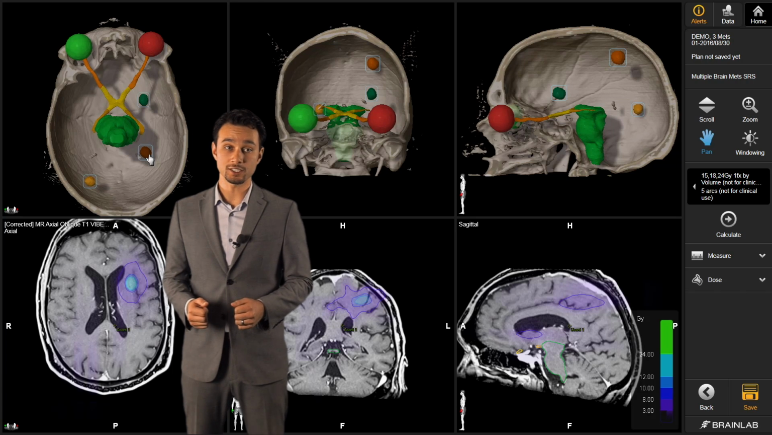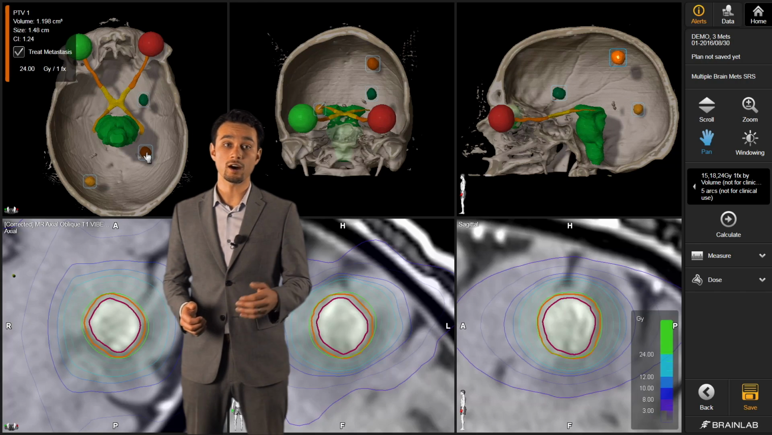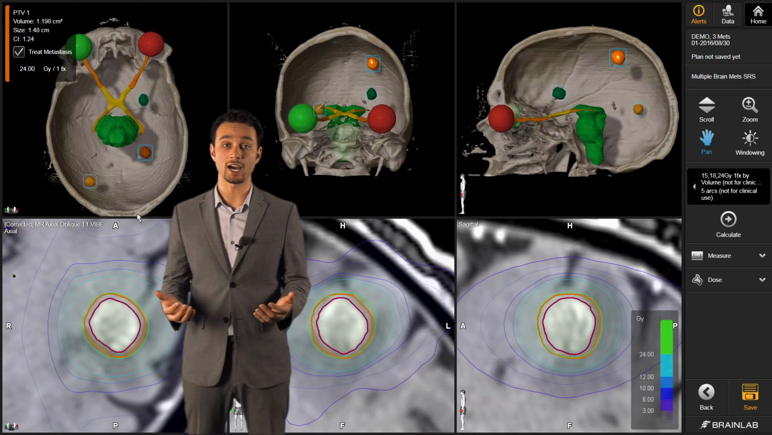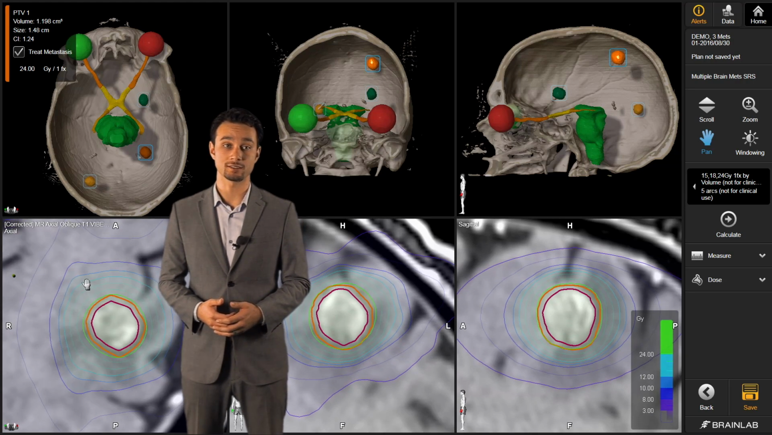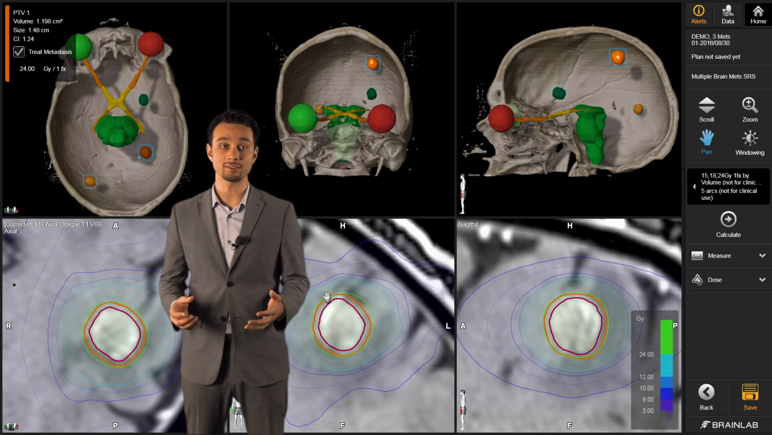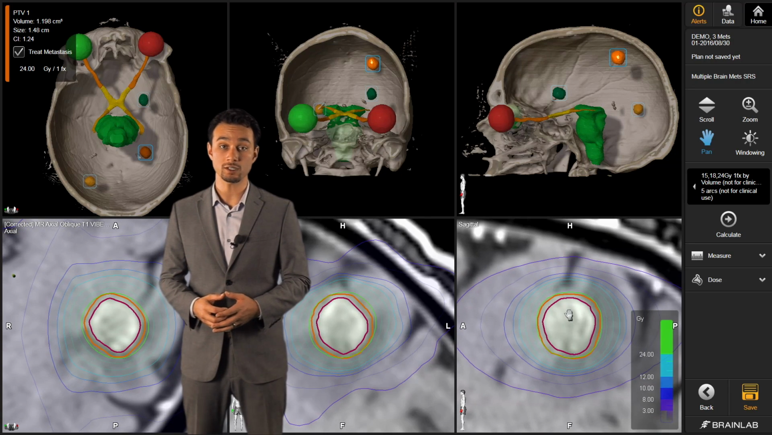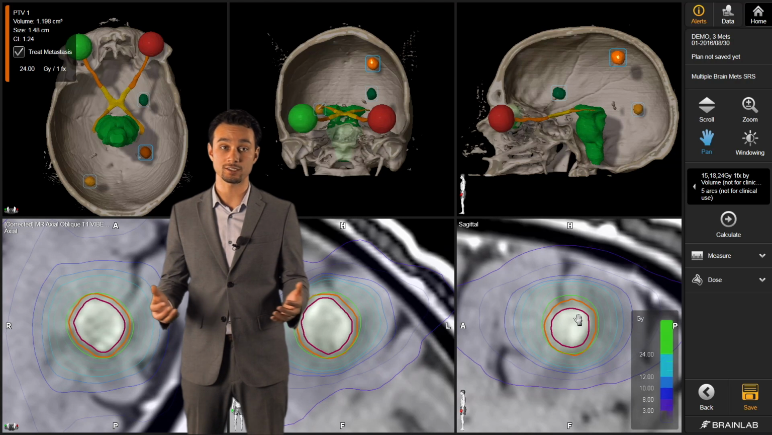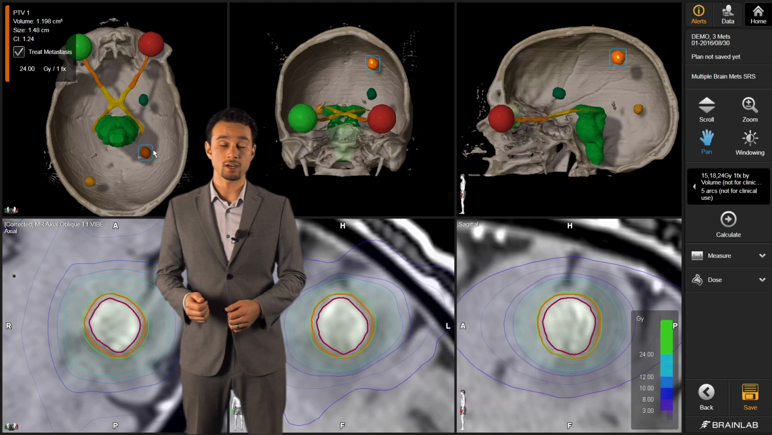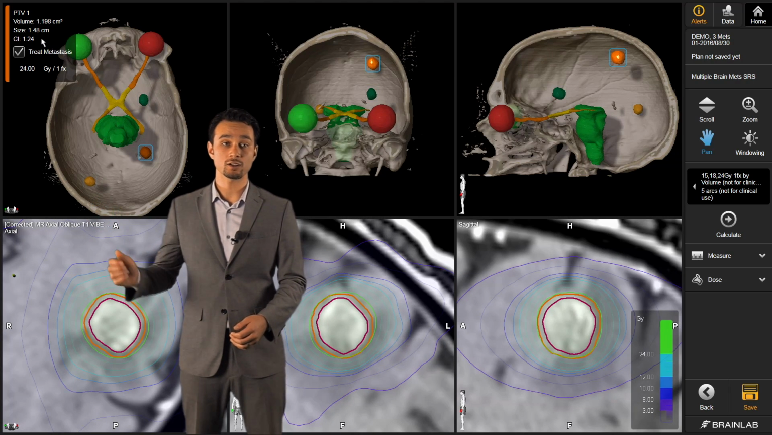Now that the plan is finished calculating, we can evaluate each target in the plan. If you click on the 3D object, it will automatically zoom in so we can review the isodose distribution in all planes. You can scroll through here and see if there's any dose bleeding into any critical organs or any adjacent targets. As you click through each one of your targets, you can notice in the upper left-hand corner the